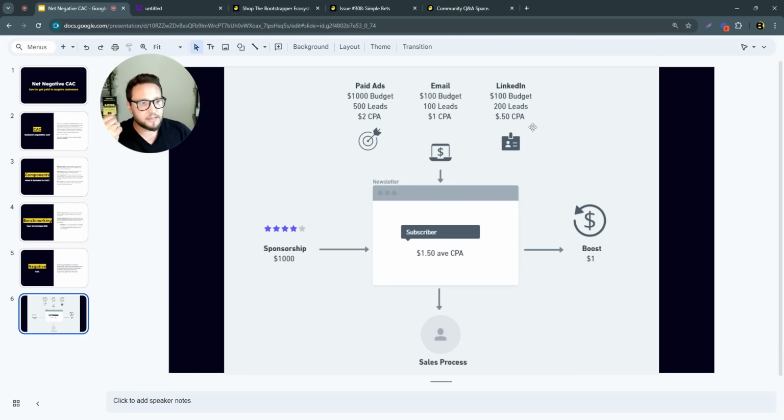The difference here is capacity and constraints, right? Scalability. Things like LinkedIn, these social platforms, you can only do so many outbound messages, like maybe 20 a day as your capacity. Emails, you're maybe doing 40 emails per inbox. And paid ads, your capacity is really your budget, right? How much budget do you have? So they scale differently. They perform differently. So aggregately combined, you're going to average out how many leads you get and how much you spend. And then that's going to get you the CAC, the cost per acquisition of the subscriber. And you're at $1.50 average.